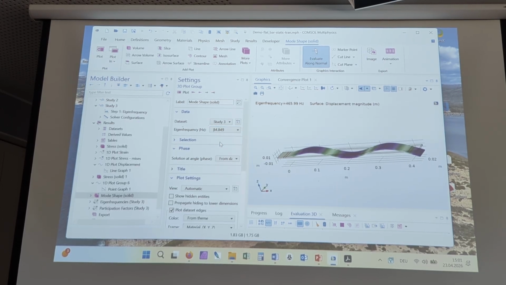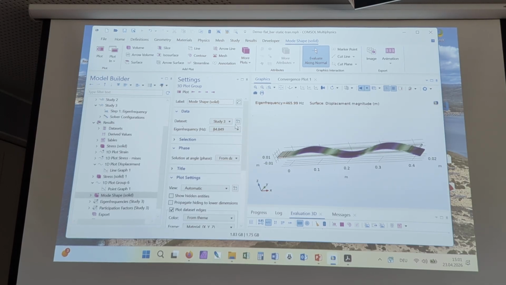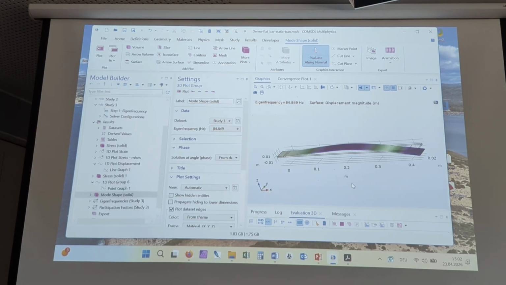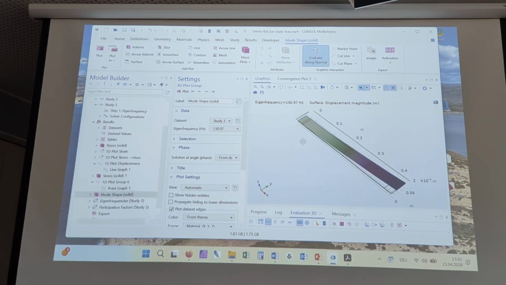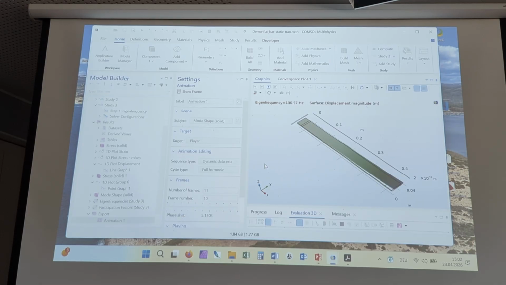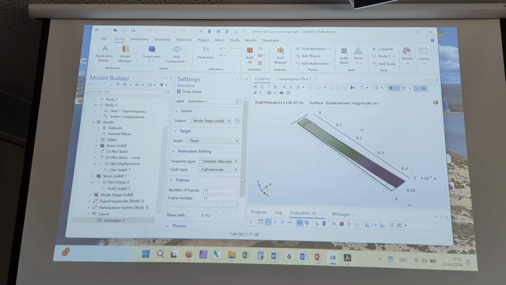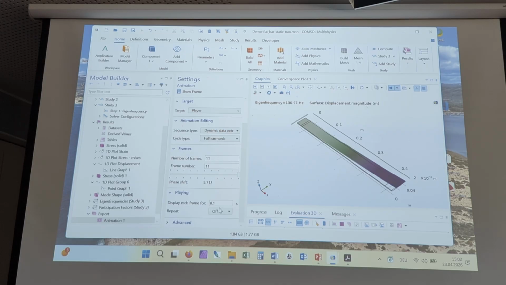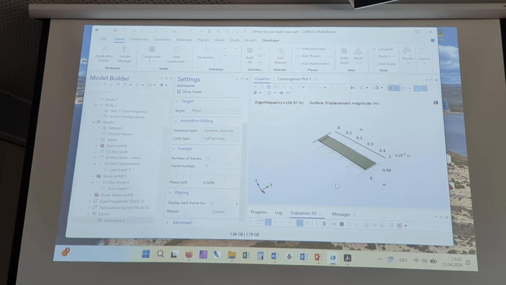To get a bit more intuition how these frequencies look, there's another nice feature you can play around with. You can make movies, animations. Here, player. You can also export this, of course. Here I just do it internally, so you get even a better idea how that oscillation looked. You can put a repeat forever and start the player. So that is such a mode,